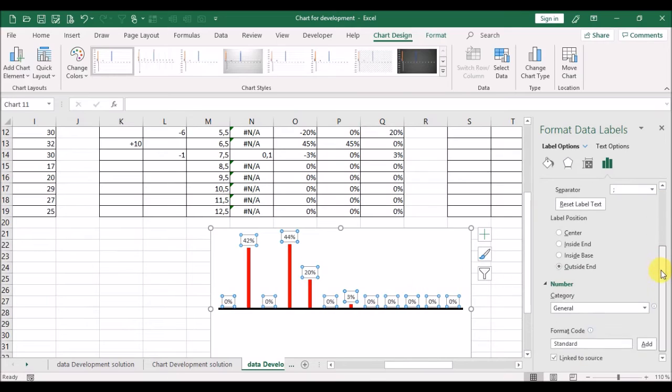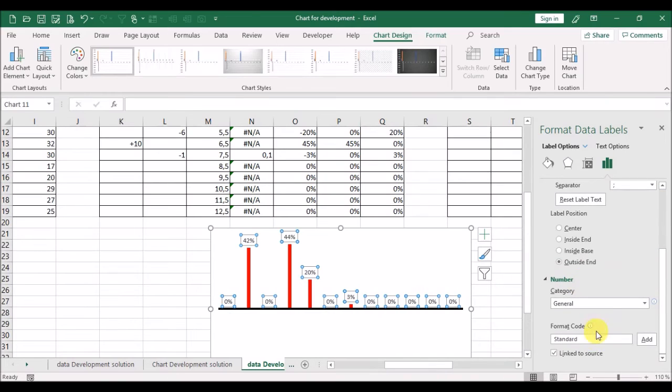Go down here to number, then format code, we write square bracket open equals 0, square bracket close, quotation marks, semicolon, minus 0%, and click on the add button. And you see we have no zero values here.